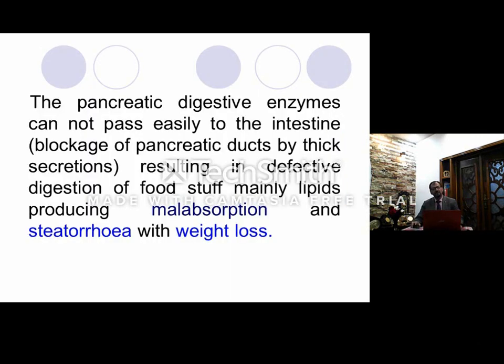Also, a problem happens with the mucus present in the digestive enzyme producing organs and the ducts that transfer them to the intestine. Mainly the pancreatic juice will be blocked from reaching the intestine. There will be defective digestion of the main foodstuff, mainly lipids, so there will be malabsorption, mainly of lipids. So there will be steatorrhea, weight loss with time, and so